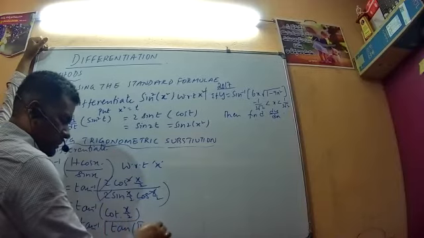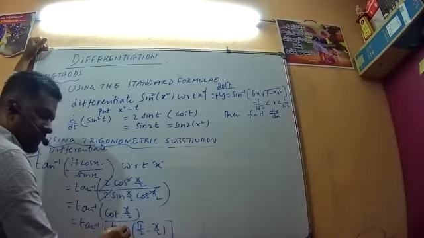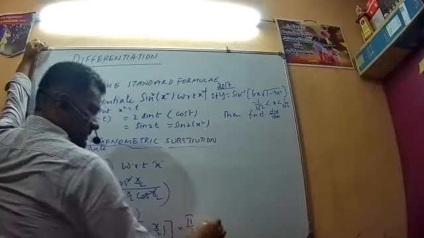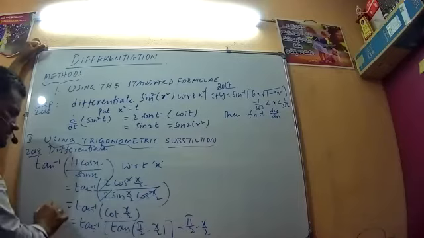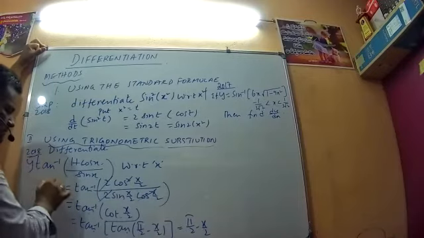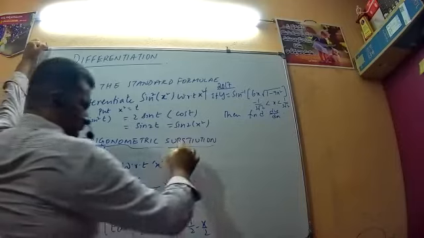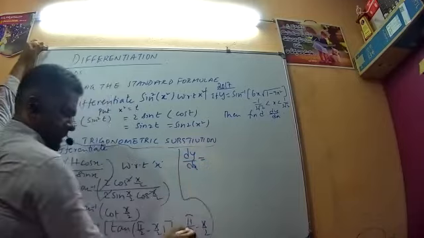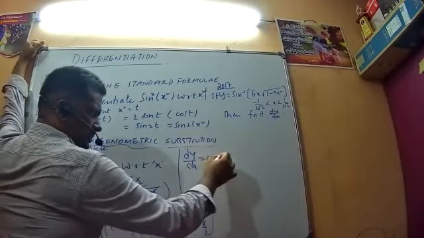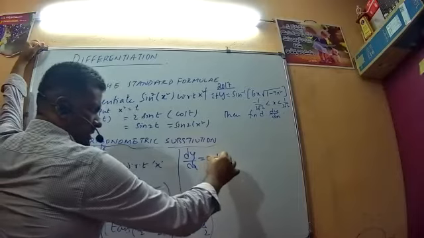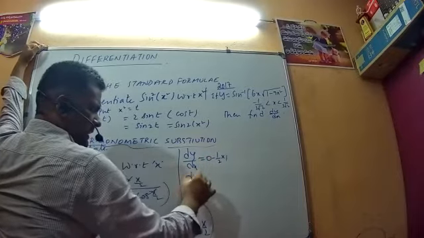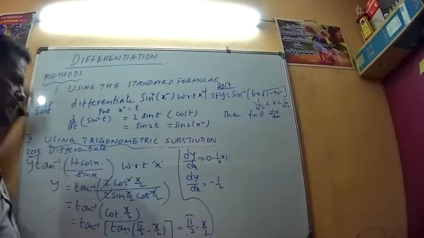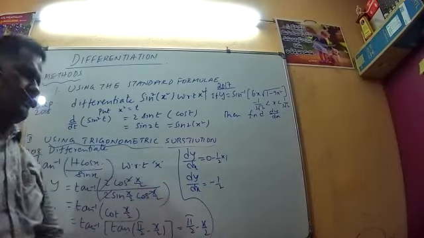So tan of pi by 2 minus x by 2. So tan inverse of tan, finally, the output is pi by 2 minus x by 2. This is the value of y, if you consider this as y. Fine, I was asked to find out the value of dy by dx. So dy by dx will be finally derivative of pi by 2, constant, 0, minus of 1 by 2 is the constant, derivative of x is 1. So finally dy by dx is equal to minus 1 by 2. So the right substitution makes the problem easier.